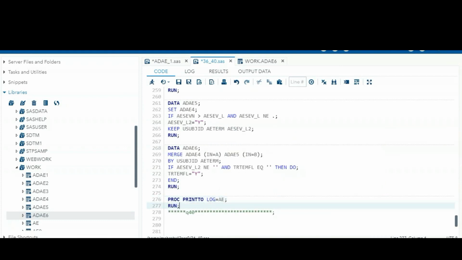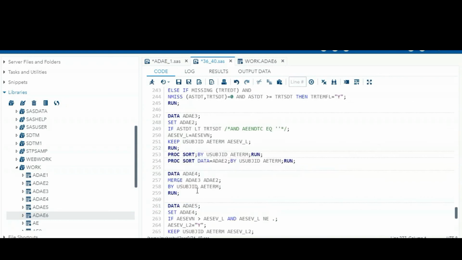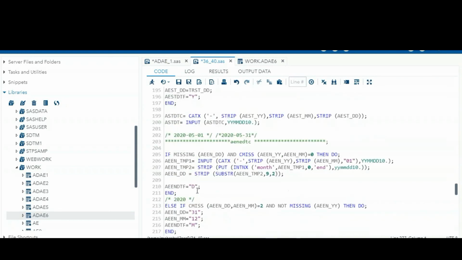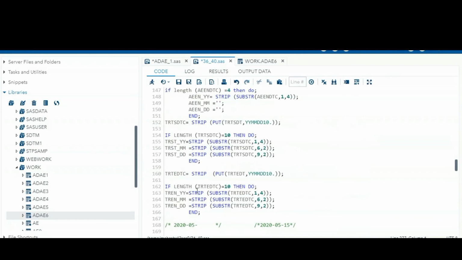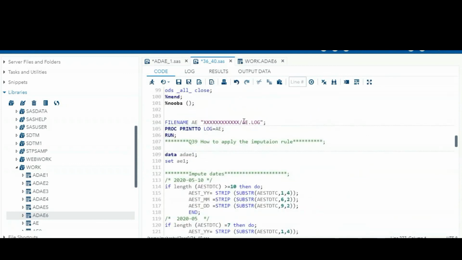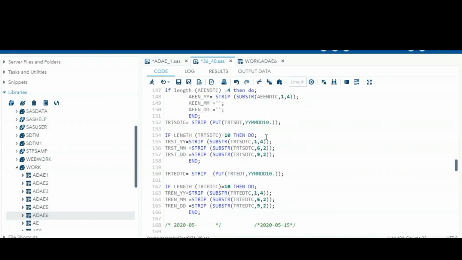So this log was printed and sent to the particular path where the path was mentioned, and this log file was created. If you want to create the LST file also, you can call proc printto. So this is the proc printto use. Proc printto is used to export the log file or LST files to a specified location.